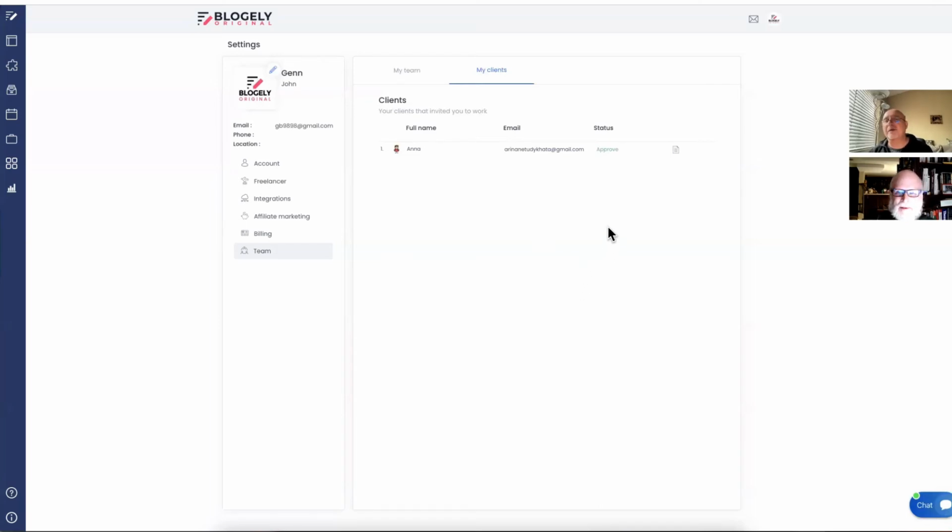Well, you accept it. When you get the email, you have a link. You click on the link. You go into your account. If you don't have an account, you create one with the email the invitation was sent to, right? Based on that email, you will see the status here, with a button where you need to approve. Once you click approve, because you need to agree to the work too, because you don't want to be bombarded with thousands of invitations, making you part of a thousand people's work going on. So you need to approve who you work with.